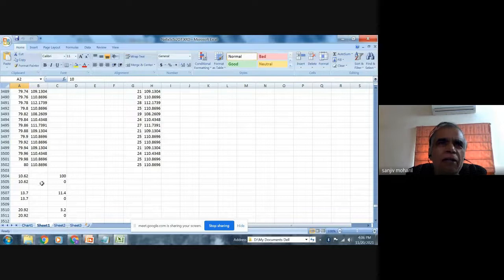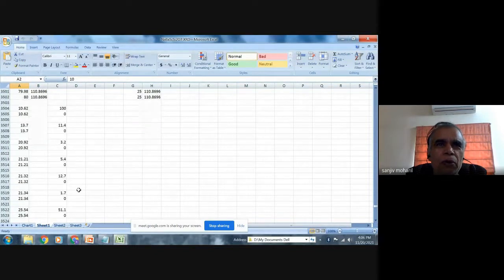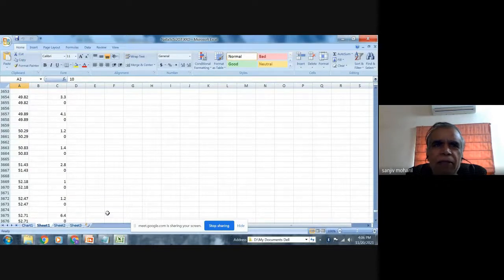In order to get a vertical line, I plot each line from 0 to 100 intensity. For example, the intensity was 11.4, so the same thing, then 0, 11.4. I'll get a vertical line with intensity 11.4 and so on and so forth. This data I obtained from the ICDD file. In this case, this belongs to NaBaScSi2O7. As I showed you yesterday, I can search for NaBaScSi2O7, get a file, and from that file I obtained this data.